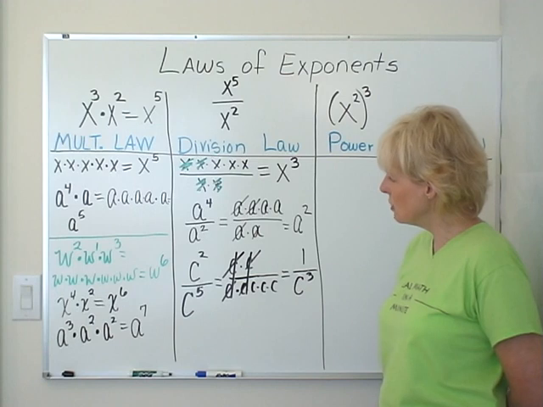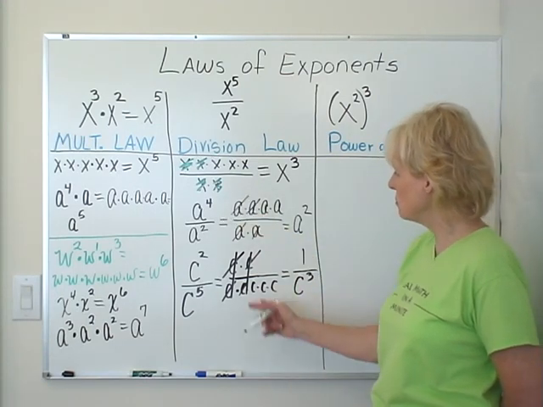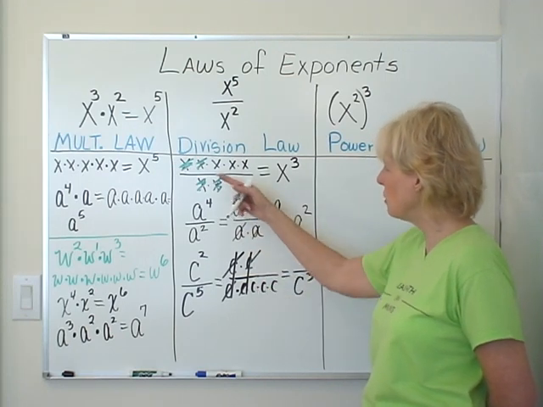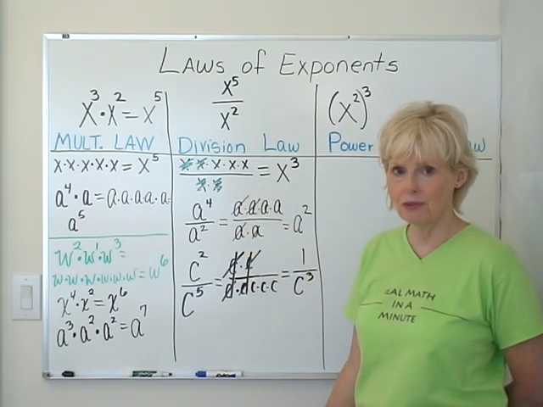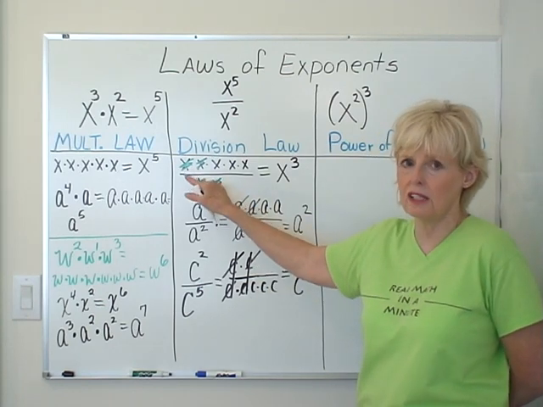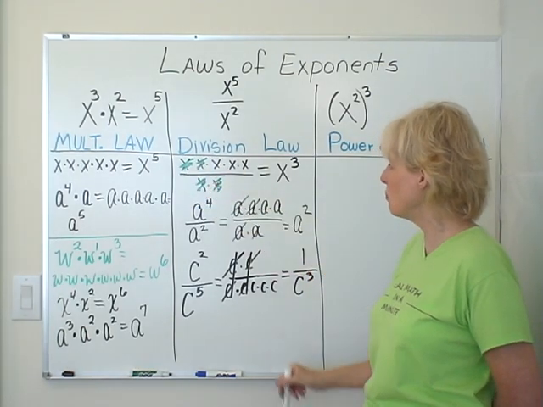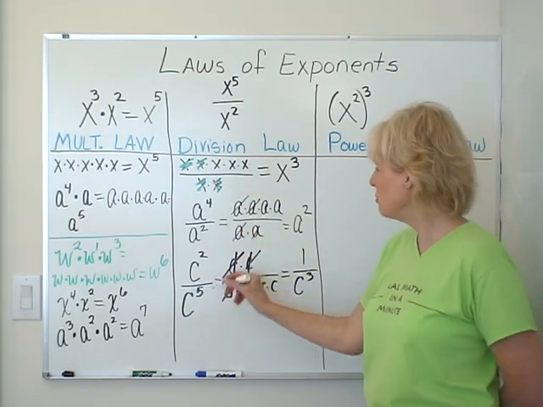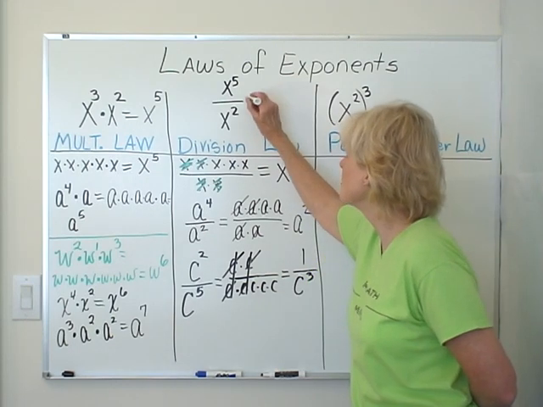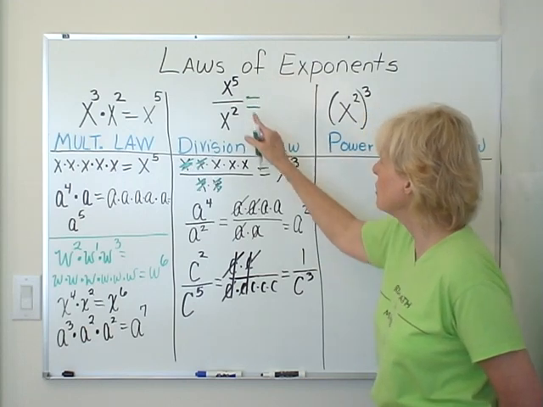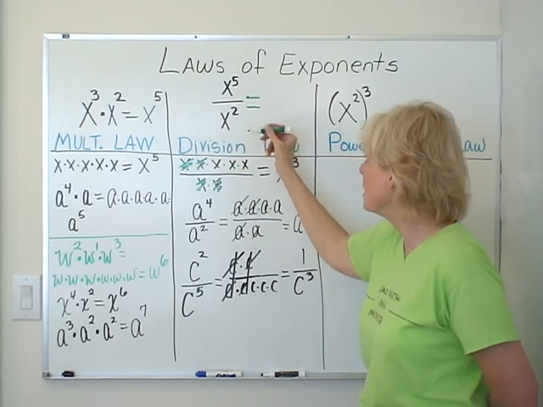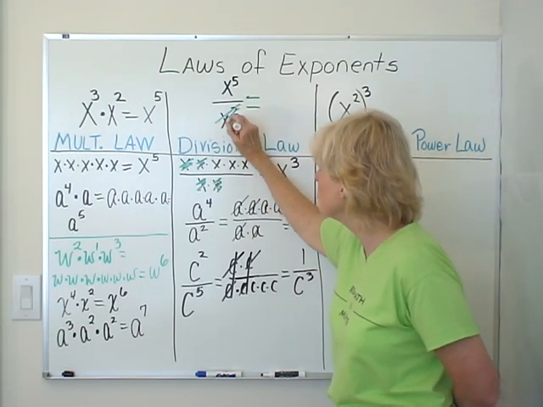So look at some patterns that maybe you noticed. You noticed that every time we just canceled away. And you want to know, do I really have to write this out the long way every time? No, you don't. You really don't. You just have to understand that the factors really are there whether you write them or not. So you could take a little bit of a shortcut, let's say on this one up here, and say, this is division. I know there's really 5 in disguise up here, and there are 2 factors here. So I could cancel away 2 of these